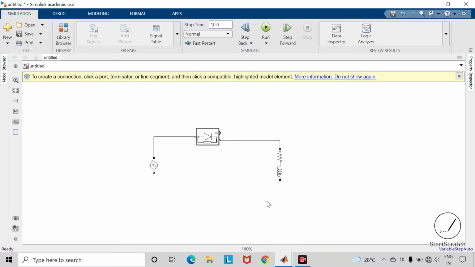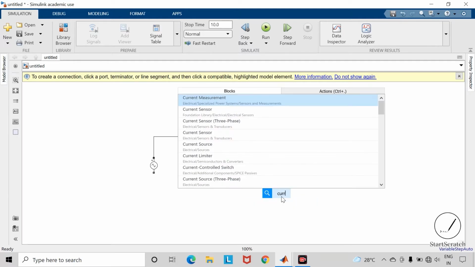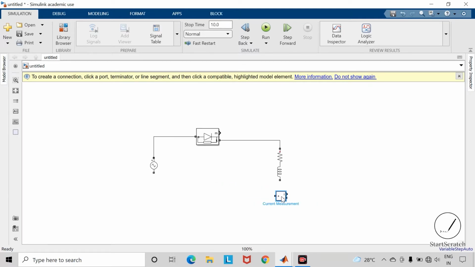To measure the current, we will take current measurement block. Do the connections between the load side and the supply side.